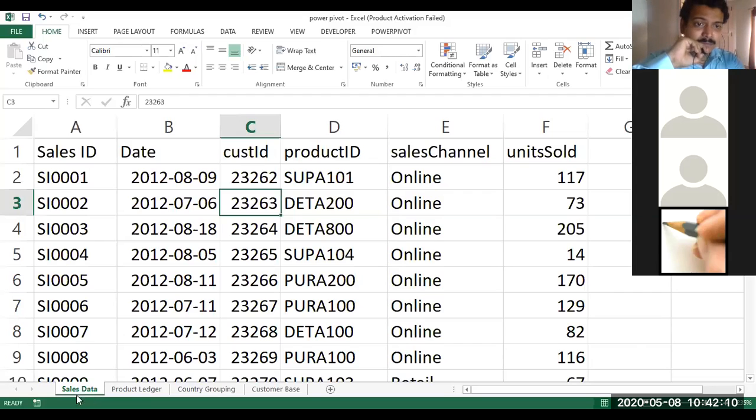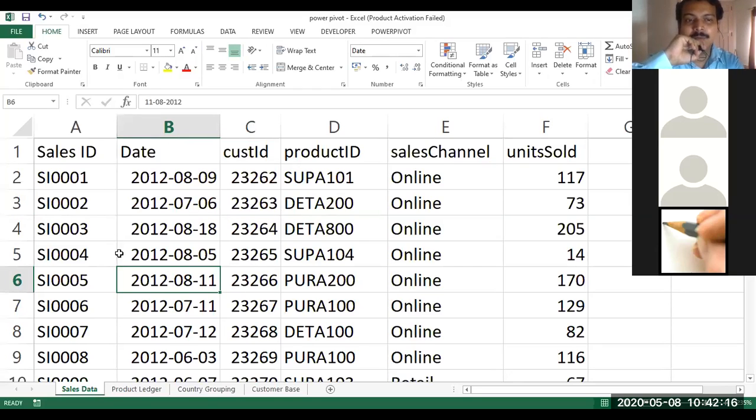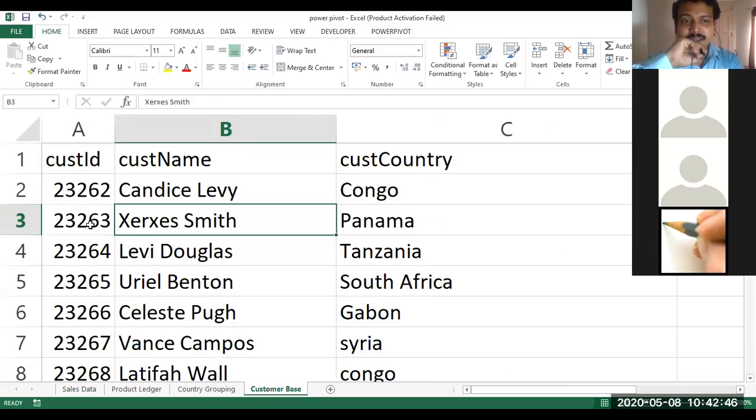So what we need to do is link all these 4 tables together with the help of primary keys and foreign keys. Once the link is set, what do we call that linked data? We call this a relational database. Once you link all the tables with a relationship, when we ask the system who is the customer who did the sales transaction, it will go to the sales table, pick the customer ID from the sales table, go to the customer base, match the customer ID with the customer table, pick the name and give it to us. It is possible.